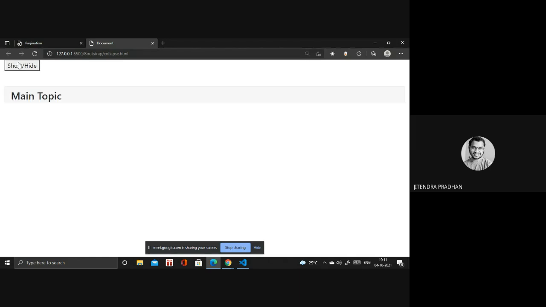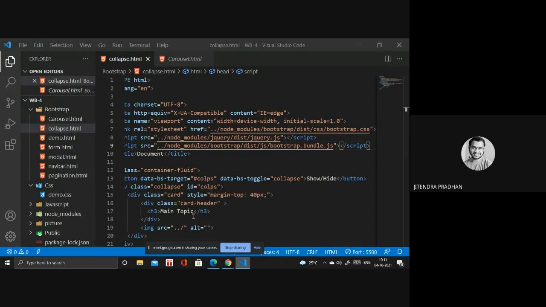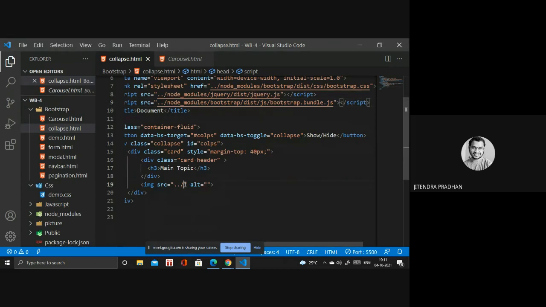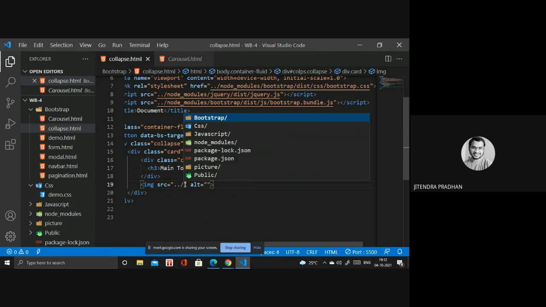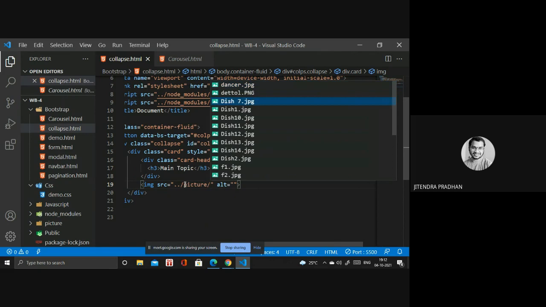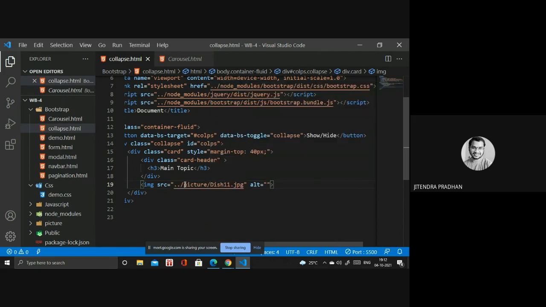Next we require that picture. Inside we have the picture, and you have to give the picture's height and width, like 100 pixels or 50 pixels, and the width can also be 50%.